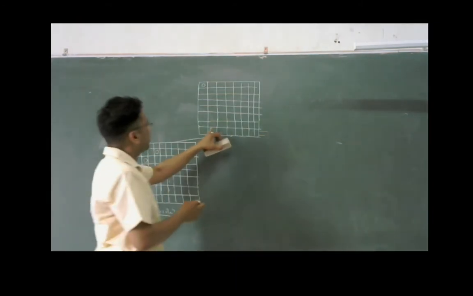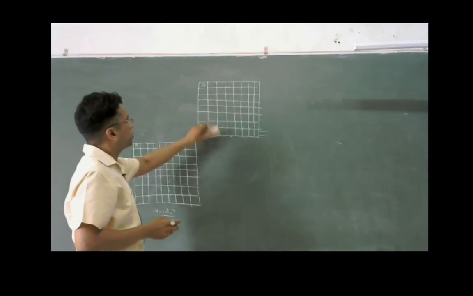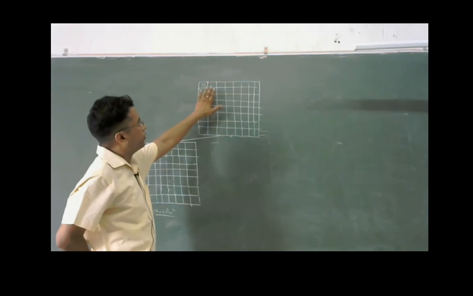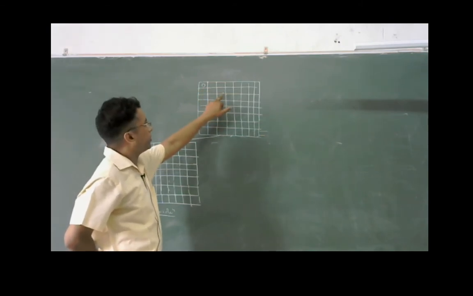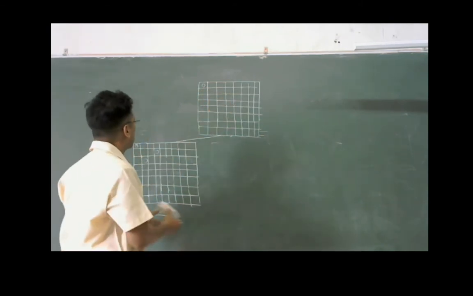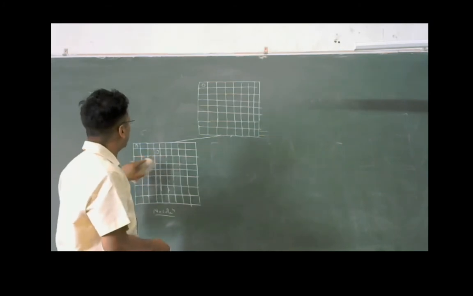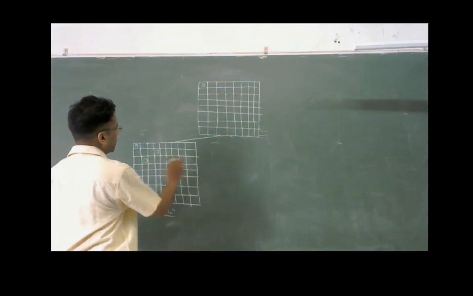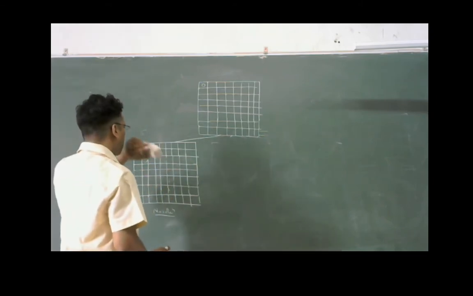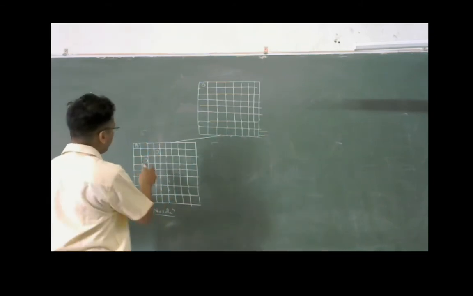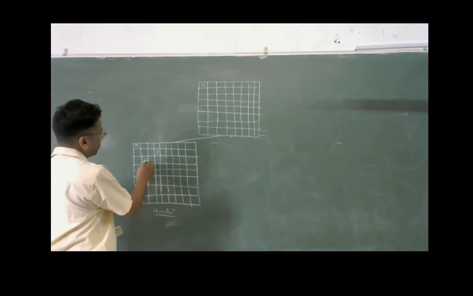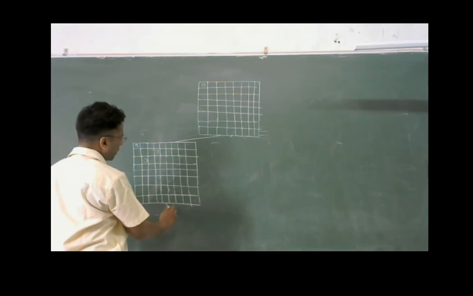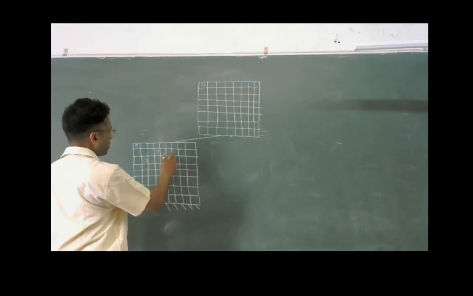This option has been terminated by placing this one. So if at one level a position is terminated, we shall stop at that, and after that we shall start with the position where the queen has been placed here. This can be placed here, or there are numerous possible options. So in this case, if we place this queen at this position, these options are still not covered. These options are blank. Okay.